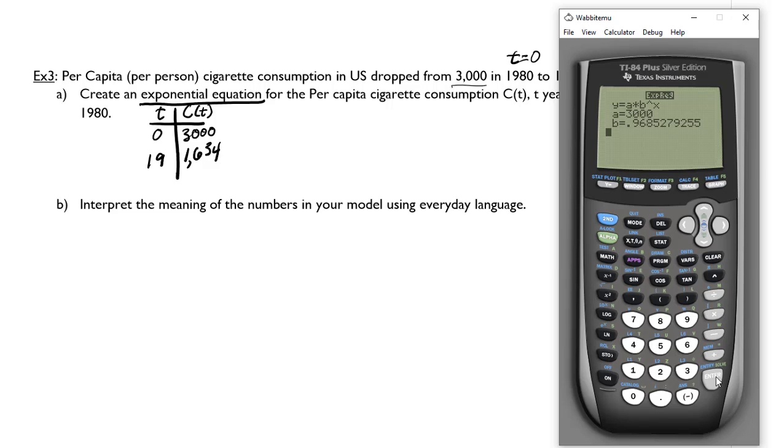A equals 3,000, B equals 0.9685279255. And so we can use this calculated exponential regression equation to model our data and to interpret the meaning